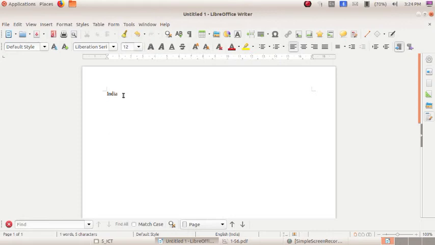Then we can type here. So the cursor is a vertical black line blinking in the word processor software. The letters that we type appear where the cursor is. Is it clear, dear children? Okay, very good.